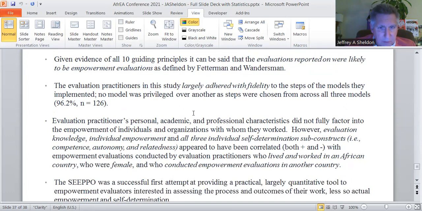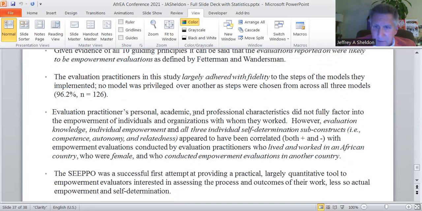Evaluation practitioner personal, academic, and professional characteristics did not fully factor, and I kind of skipped over that whole slide on their characteristics because I didn't use regression. Did I use regression? Yeah, I did. But the findings were kind of inconclusive, right? So